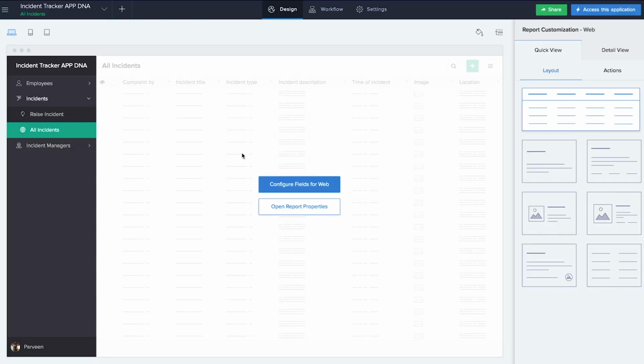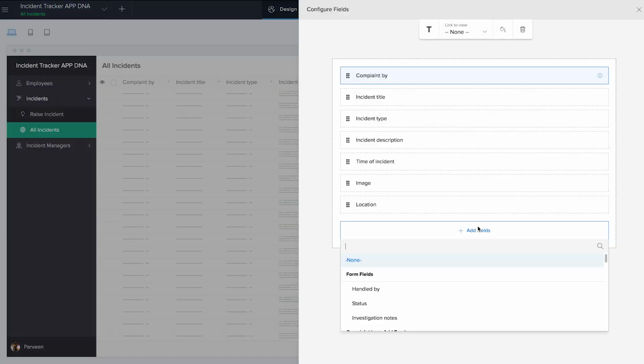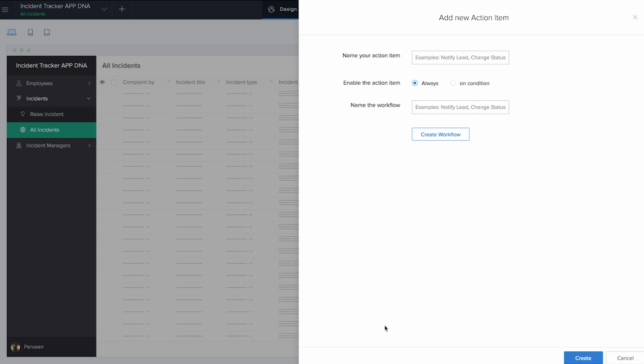So I'm going to go to this report and configure fields for web. And here I'm going to add a field. Now I can add a lot of fields here, as you can see, but I'm going to go down to here, which says add new button. I'm going to name my action item as